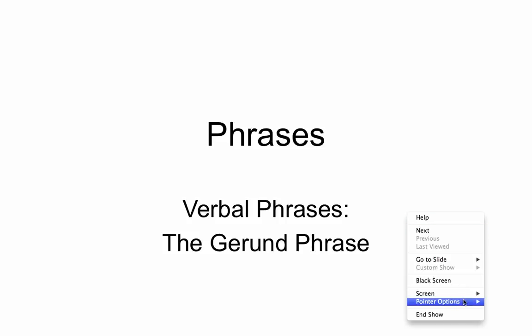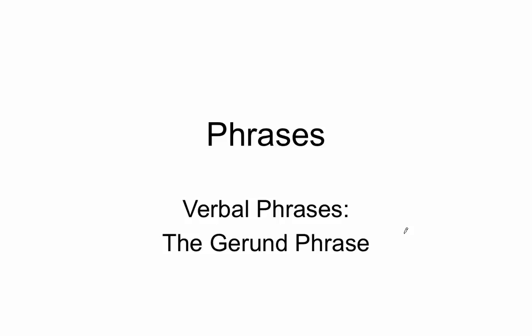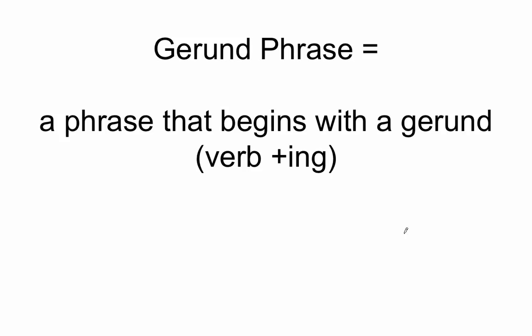Hi there, this is Chino, and today we're going to discuss another form of a verbal phrase called the gerund phrase. Now, some of you may have heard this term being used before, the gerund. What exactly is a gerund? Well, the definition of a gerund is first of all, it's a verb plus an ing, and the gerund phrase is a phrase naturally that begins with a gerund, the verb plus ing. Now, some of you may be thinking, didn't we discuss this before? Another type of verbal with the verb plus ing. And yes, you're correct. It's called the present participle.